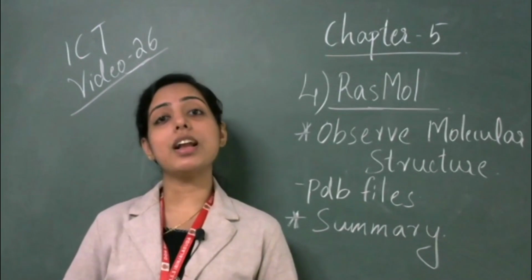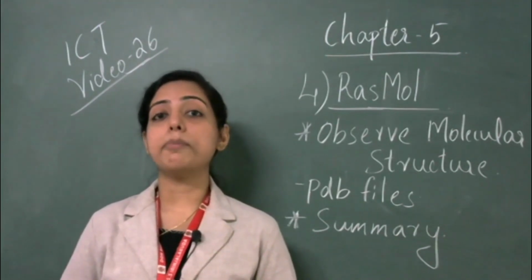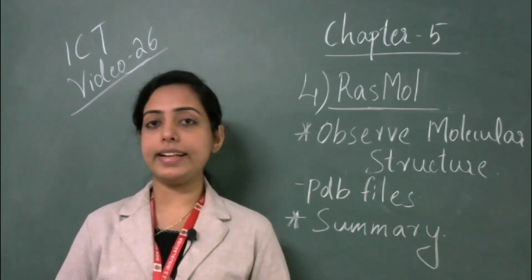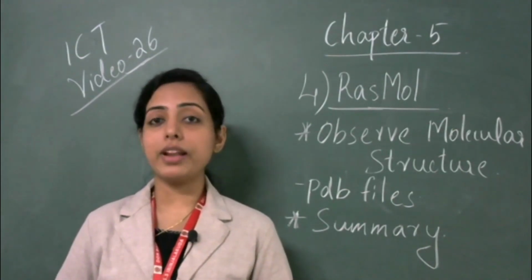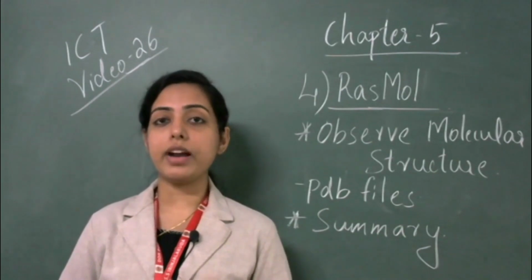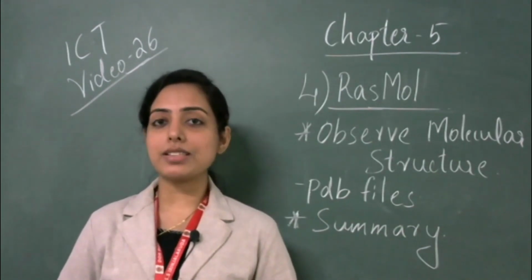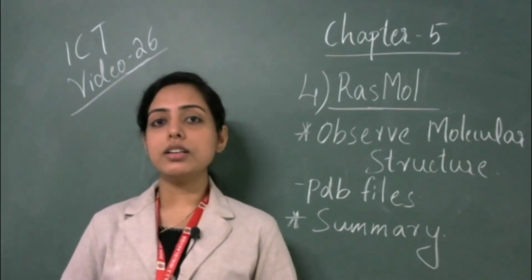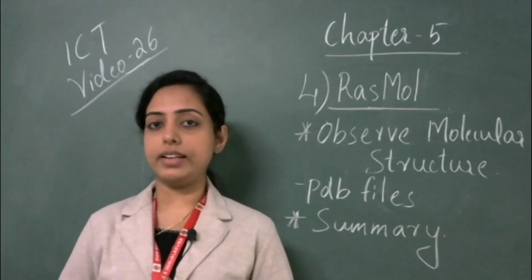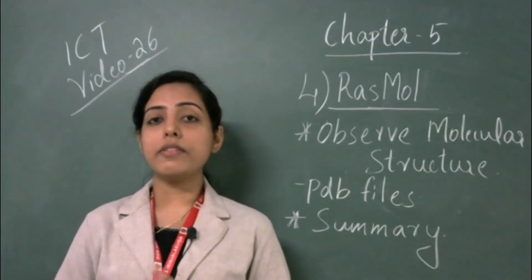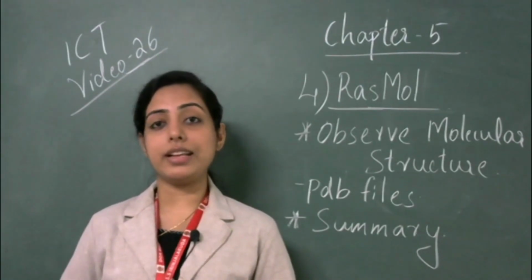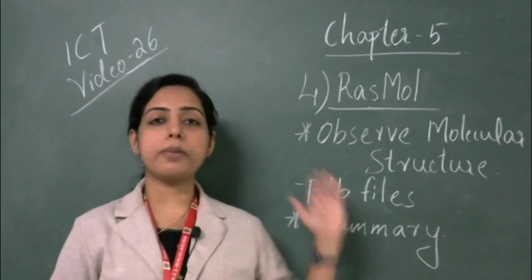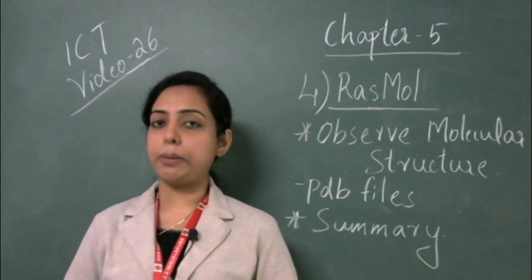From the next class onwards, I'll start the part 2 textbook, the ICT textbook part 2. There in part 2 also, 5 different softwares and 5 chapters are there. So from the next class onwards, I'll start the next part of ICT. Part 1 is over: there were 5 chapters, 4 chapters you learned for your internal assessment, and the final chapter was a practical lab in computers.